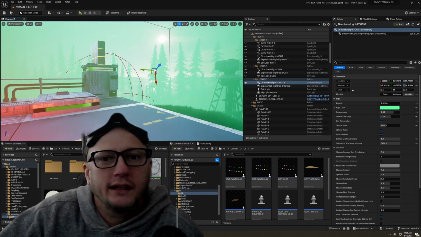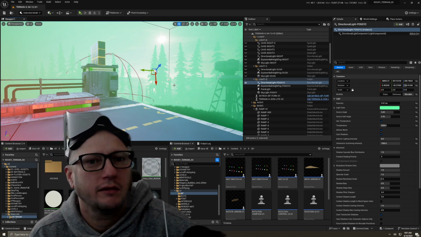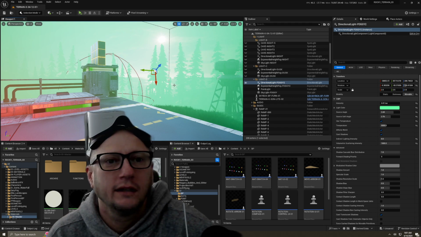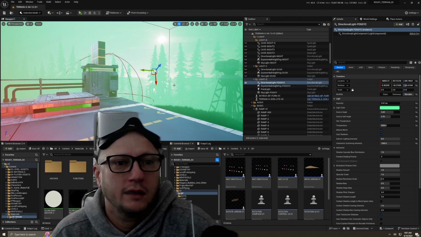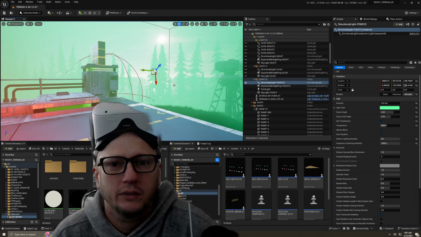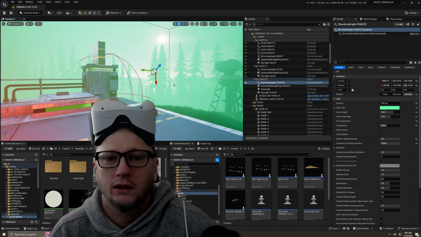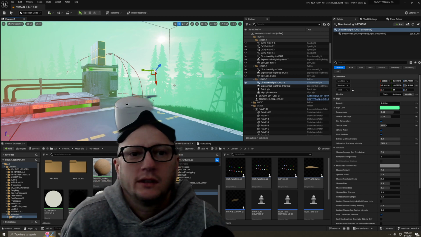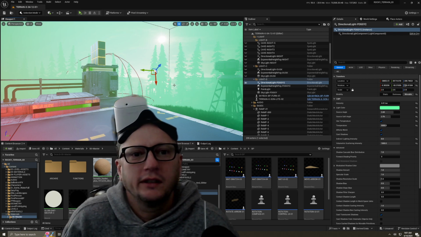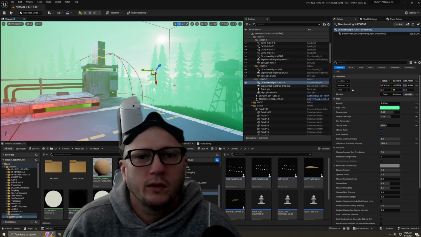I'm trying to get the exponential height fog. I want a really foggy lighting situation. And so I put the exponential height fog on, and it was working okay, I guess, previously, although I had it on a lot lower. So I guess I didn't really notice that it wasn't actually doing anything when I went to VR,